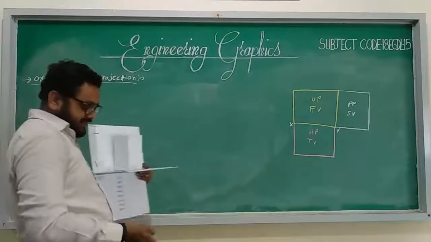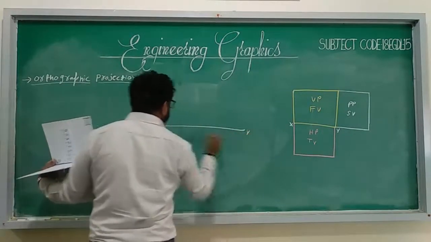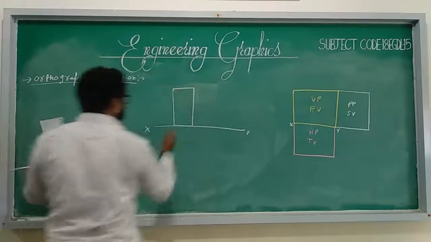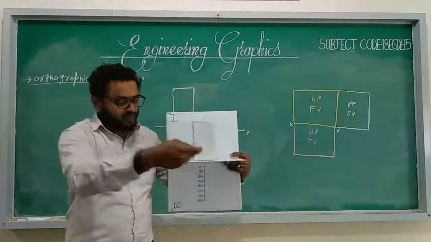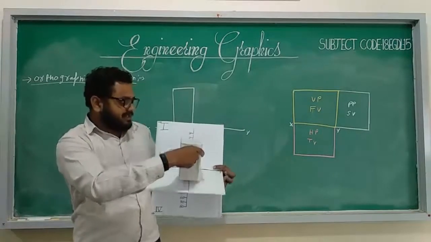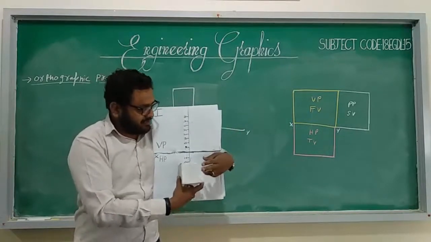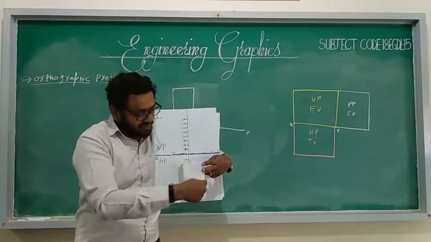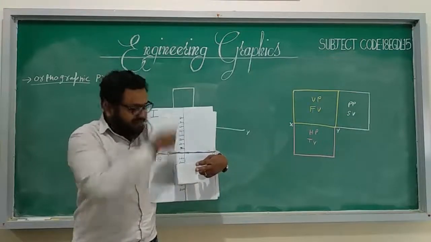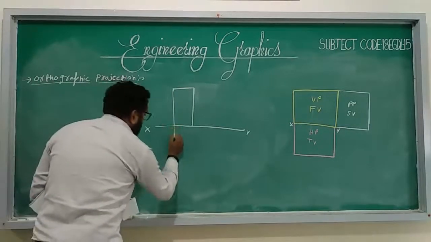Okay, first we will draw the front view on the XY line. We got it. So I kept it here. If you do the projections along the line, the front view becomes like this. So see, I am opening it like this. Then see, the top view will look like this. From the XY line, I kept some distance. Then over here, I will see the top view at some distance. Okay, it looks like a square, in line with the front view. So that's why I need to draw it. These are the projection lines.